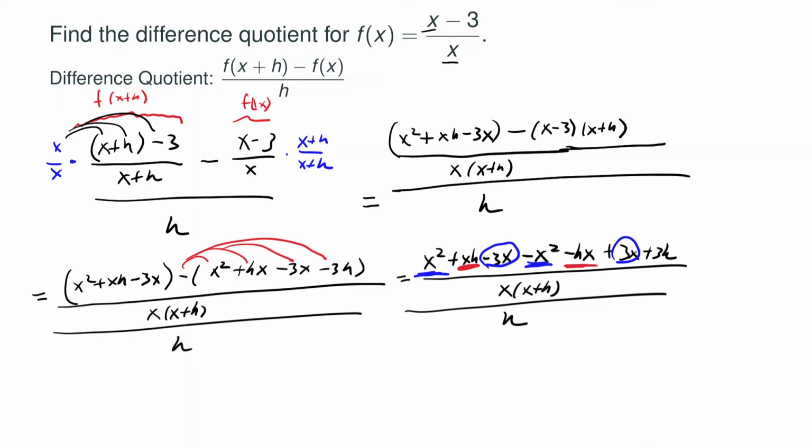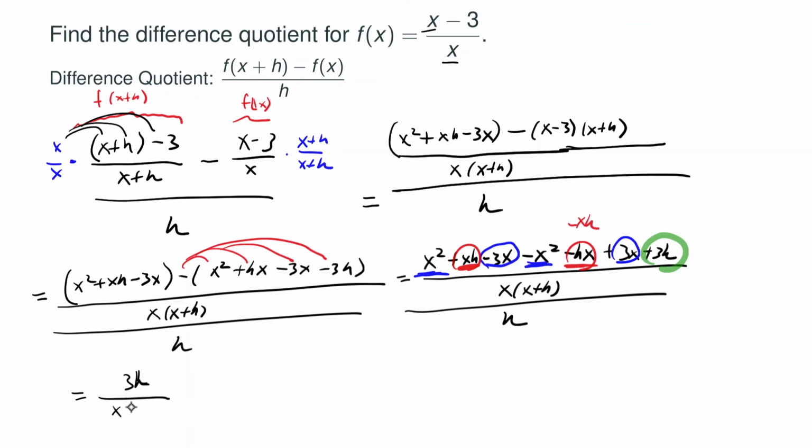Hx is the same as x times h, right? For multiplication, order doesn't matter. So this is the same as negative hx. So these two cancel out. Right? So the only thing we're actually left with is this 3h. So let me write the next line. We get 3h